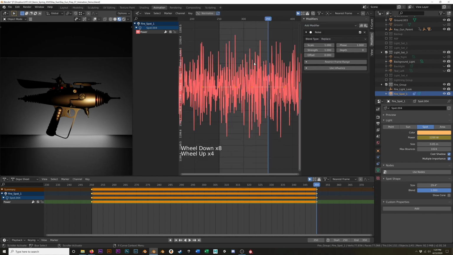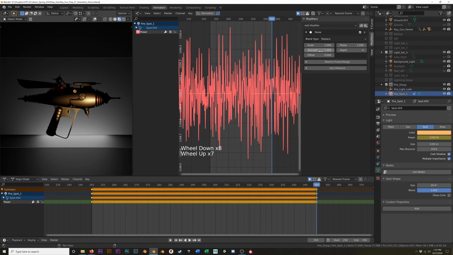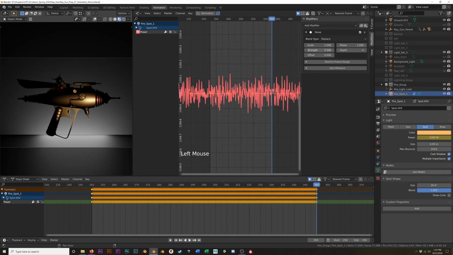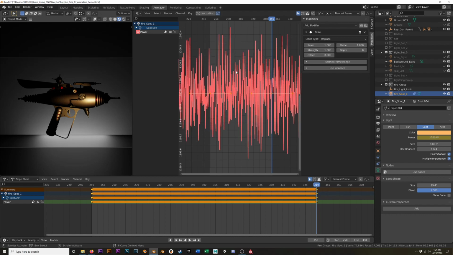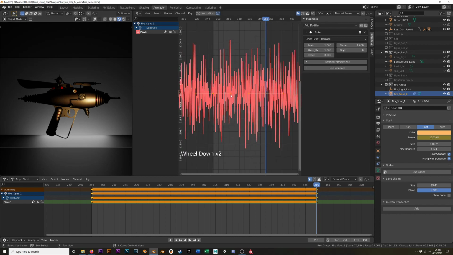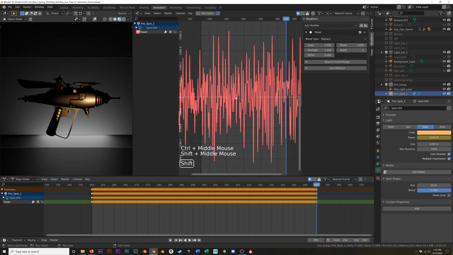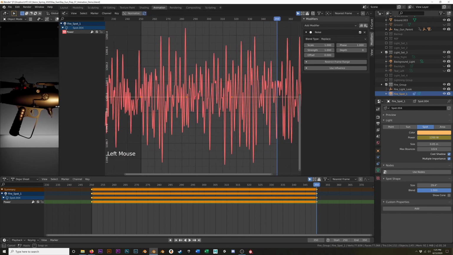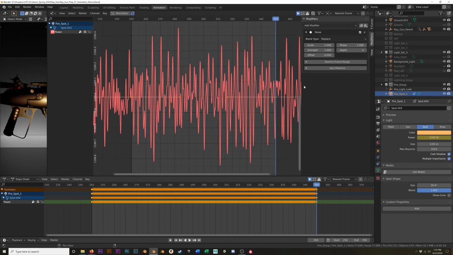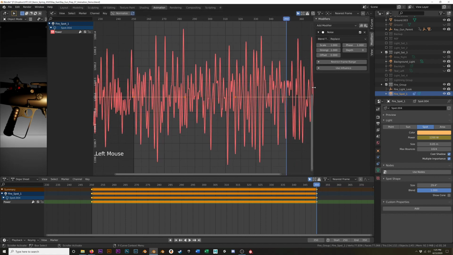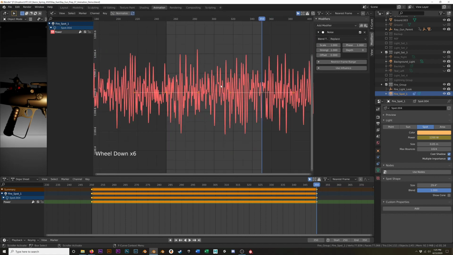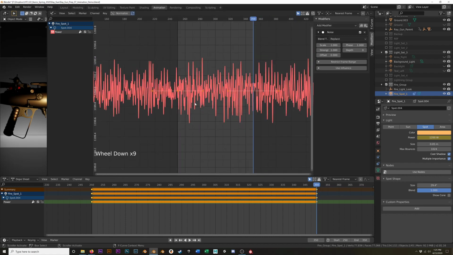And you can see this is a lot. This is too much really. So I'm going to bring this strength down. Actually, I'm not going to do that. I just need more room here. So we're going to shrink that down here for a second. I'm going to bring that down a little bit. Zoom out. It looks really extreme, but